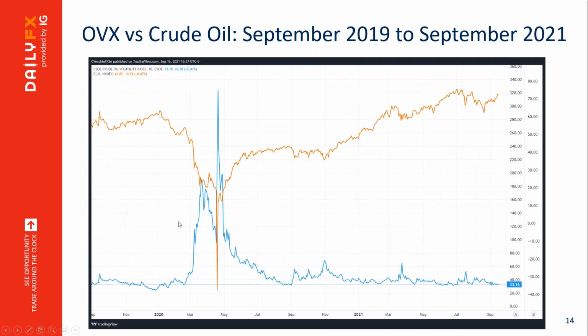Now, what have we seen? Well, what happened last year at the start of the pandemic? Our blue line here, oil vol, started to go up. And when oil vol went up, our orange line, oil prices, came down. And what's been happening ever since then? Well, we've seen a few spikes in oil volatility corresponding with some downdrafts in oil prices, but the general thrust has been lower peaks in vol and lower and lower and lower oil volatility, which I find actually pretty important